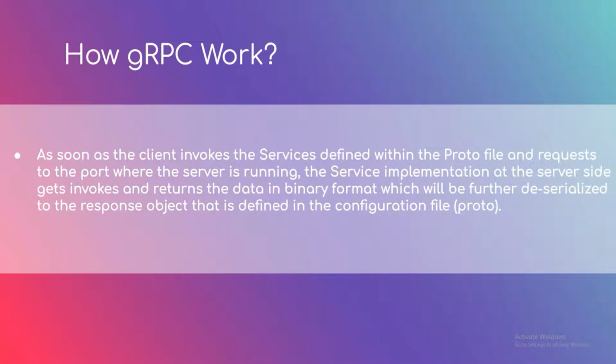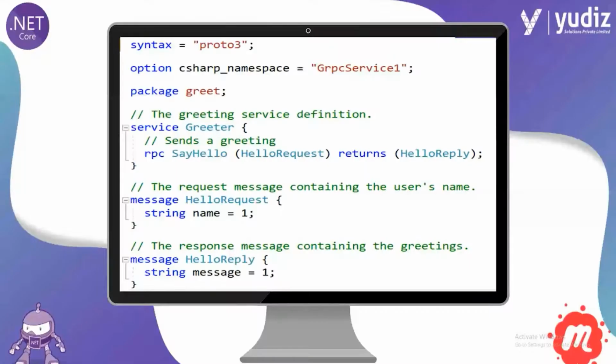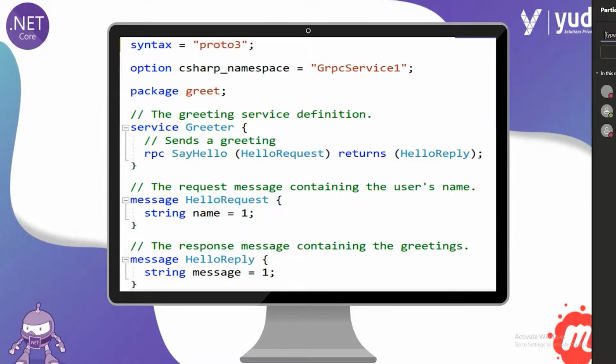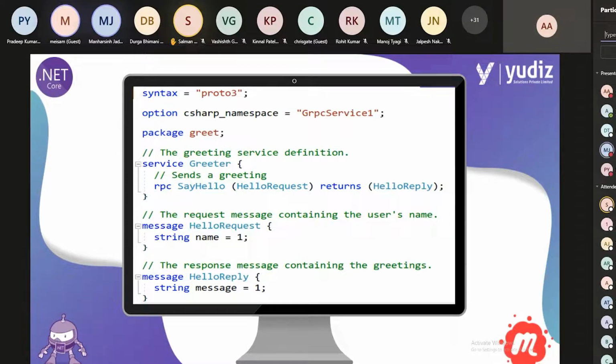No. Everyone, I profile. Anyone have a question regarding gRPC? You can unmute yourself, and if you want, you can write down the question in the chat box as well. You are open for this. Okay, so before